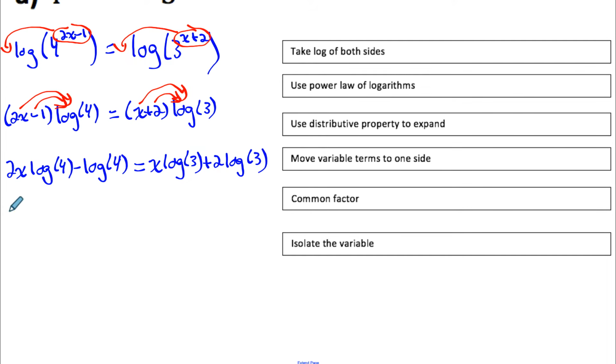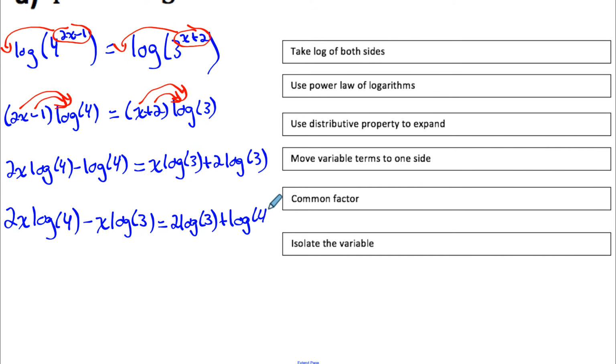side of the equation. So I'll bring the variable terms to the left, so leave 2x log 4 where it is, and subtract x log 3 to the left. On the right, I have 2 log 3, and I'll bring over this negative log 4 by adding it, so plus log of 4. And on the left side of the equation, notice both terms have an x, so I can common factor an x from both terms. So if I divide both of those terms on the left by x, I would have